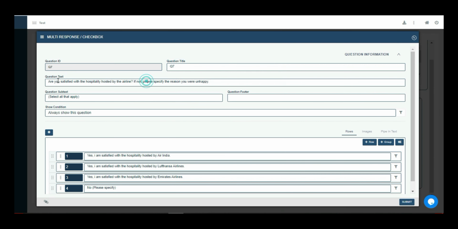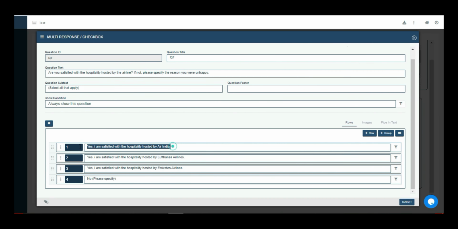For example, Q7. Are you satisfied with the hospitality hosted by the airline? If not, please specify the reason you were unhappy. Select all that apply. Step 5. Once you have filled in the desired boxes and rows, now you need to apply row filters to your answer options. Step 6. In order to apply row filters, you will see that you have a filter-like icon in front